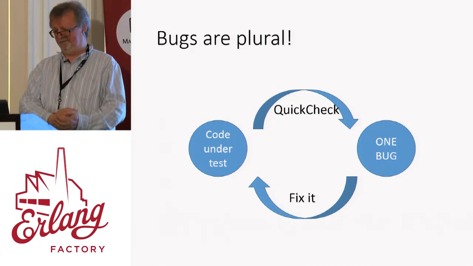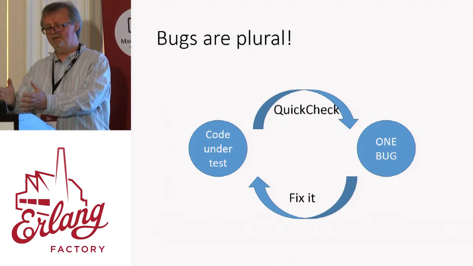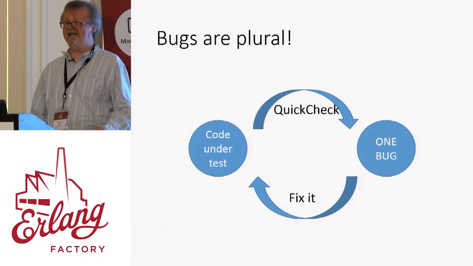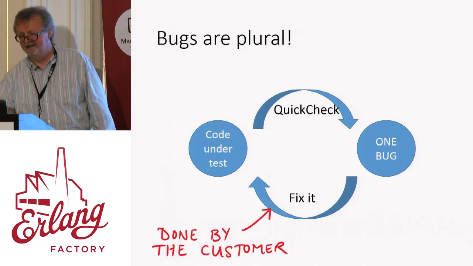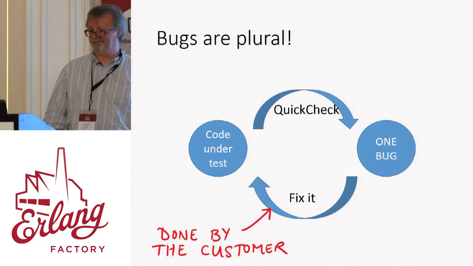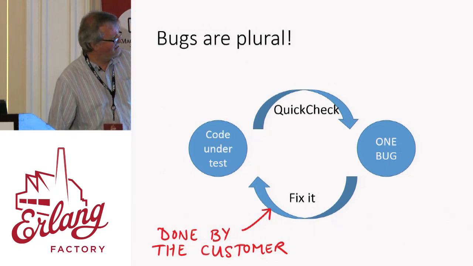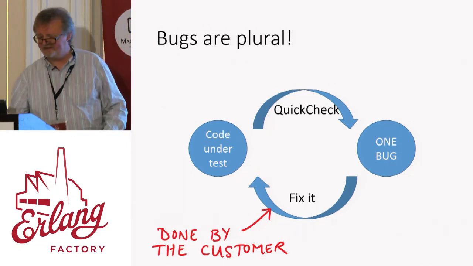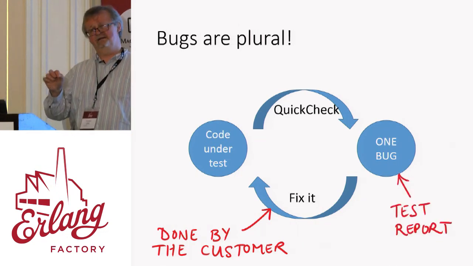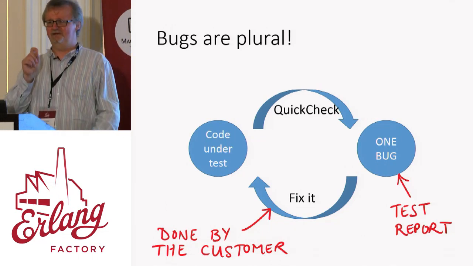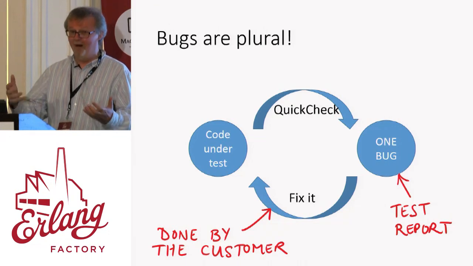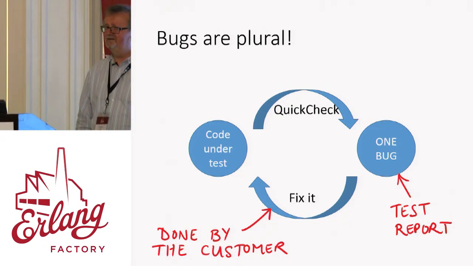It's good discipline. But when we were doing this Volvo project, we didn't even have the source code of the code we were testing. So this fixing was done by the customer or one of the suppliers of the code. So that meant we had to report the bug to the customer. So what's this now? This is a test report. I can tell you, if you're supposed to send a test report to a customer, and they get it and they say, "What? You stopped testing after you found one bug?" They're not very impressed.